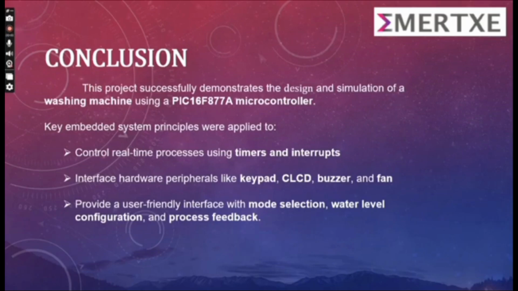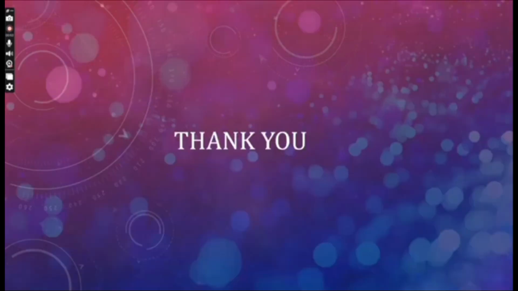This has served as an effective tool for learning and applying concepts in embedded systems. It also has offered hands-on experience and has complemented theoretical knowledge and provided a foundation for further exploration in the field of